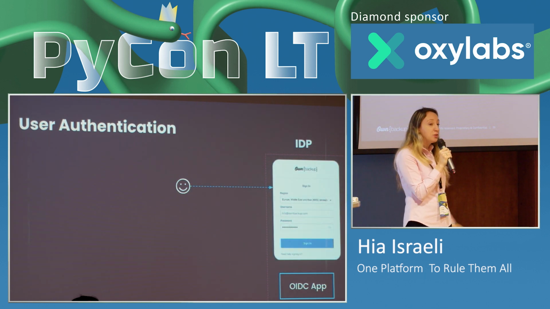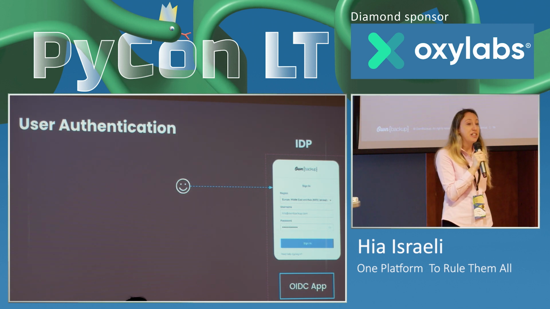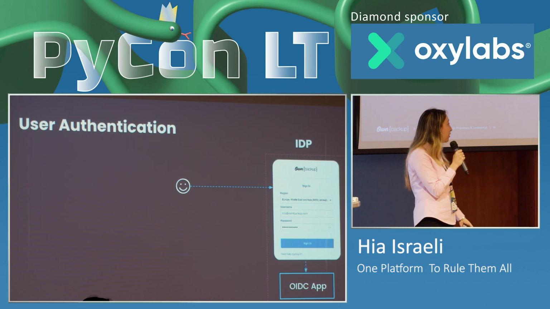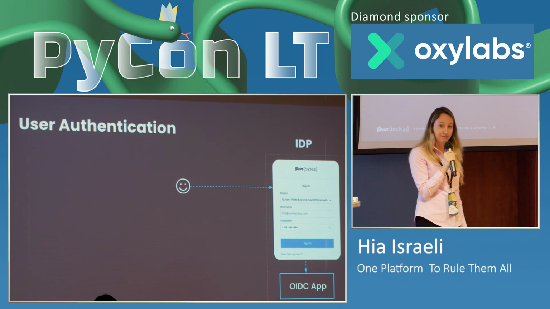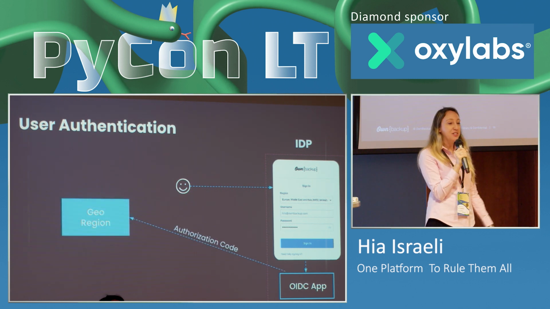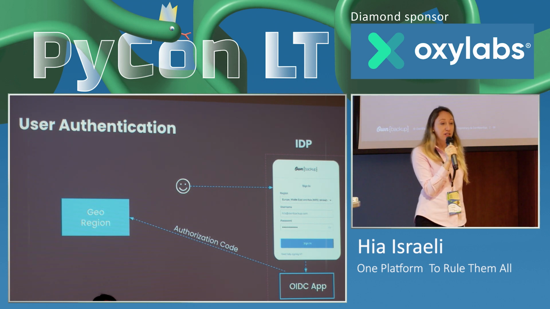So the user navigates to our login page, which is hosted inside the IDP, enters his username and password, and clicks on sign in. Then the credentials are forwarded to the OpenID Connect app. The app redirects to the browser, and from there redirects with the authorization code to our service in the Go